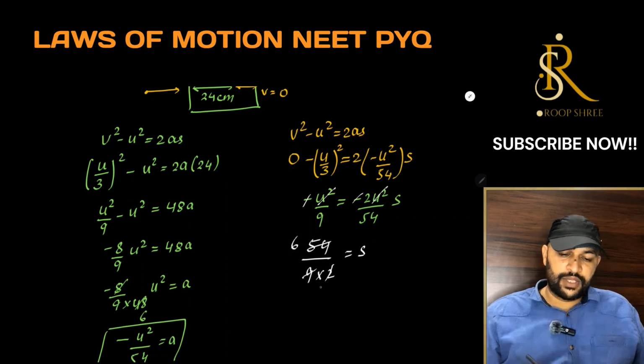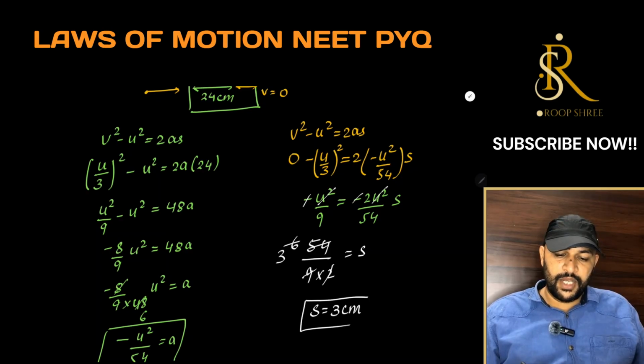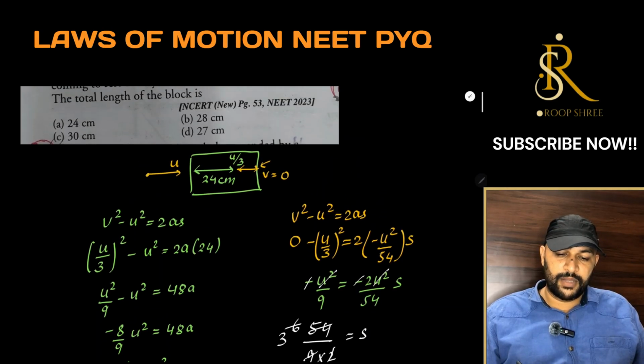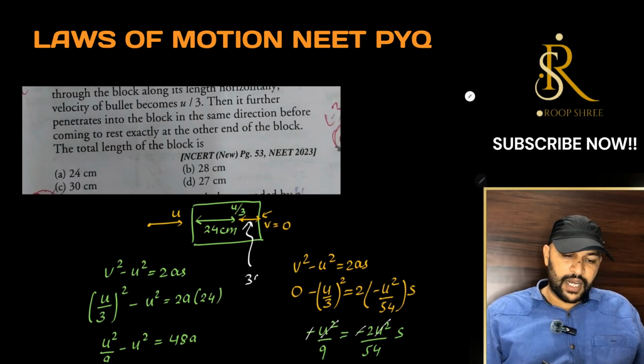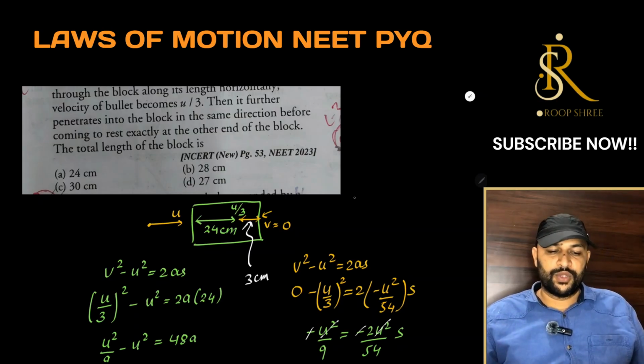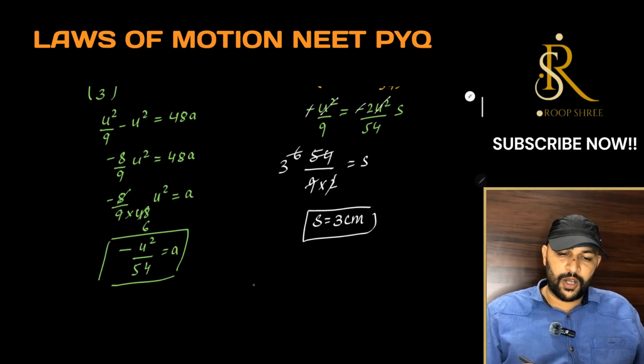Now let's cancel out this 9 with 54, 9 6 and 2 3. So distance travelled in the remaining half of the journey is 3 centimeter. Let's go back to our problem and understand the concept. This part is 3 centimeter and the first half of the journey is 24 centimeter. So the total length of the block. So let me write here, length of the block will be